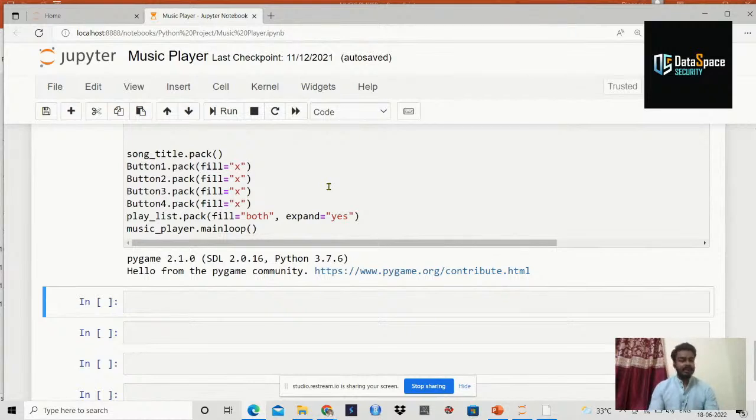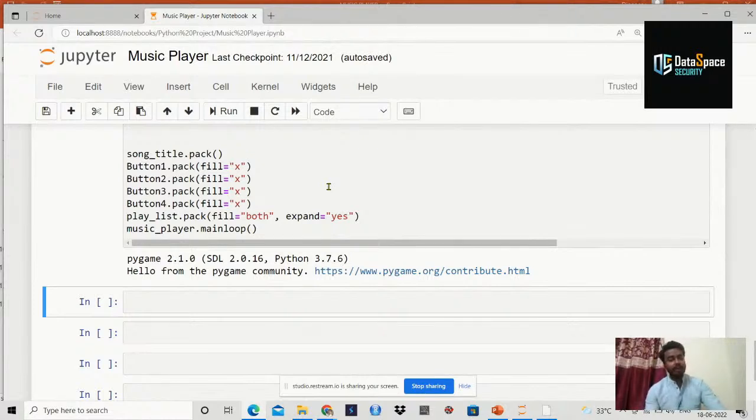There will be some buttons, and we can use the check button. We can also use it in the login page. We can do all the things with the help of this GUI. So this is the GUI, that means graphical user interface, with the help of the Tkinter module. This is the module we have written, the Tkinter module. So we have learned about that. Lastly, we have used the Pygame module to create a music player, which is very amazing for me also,